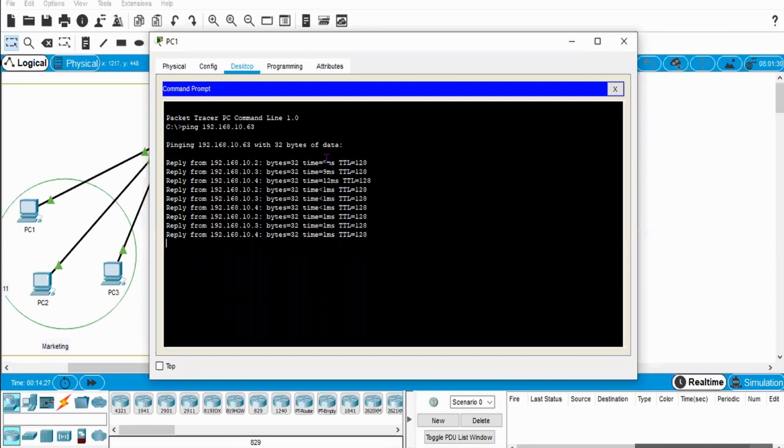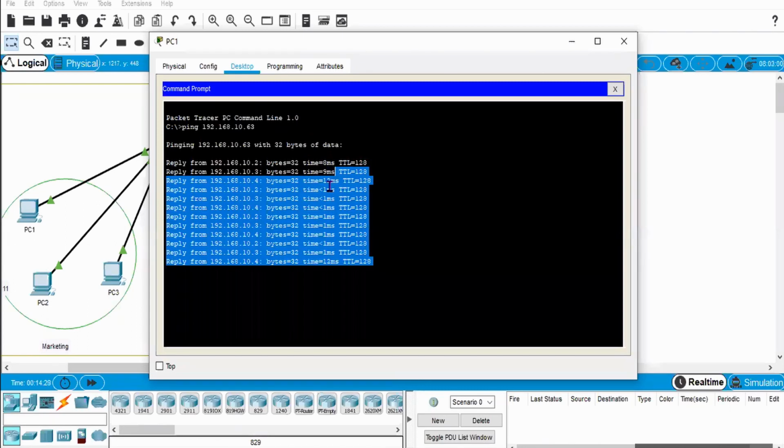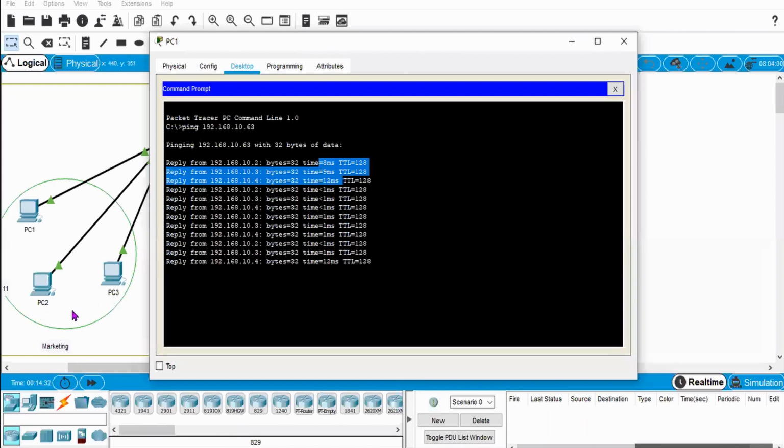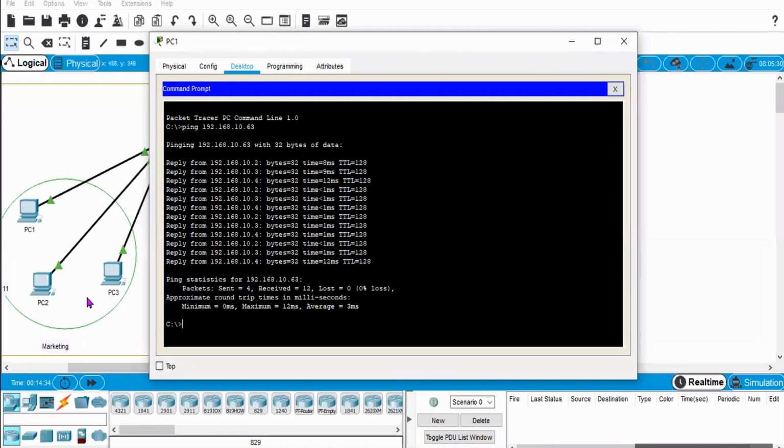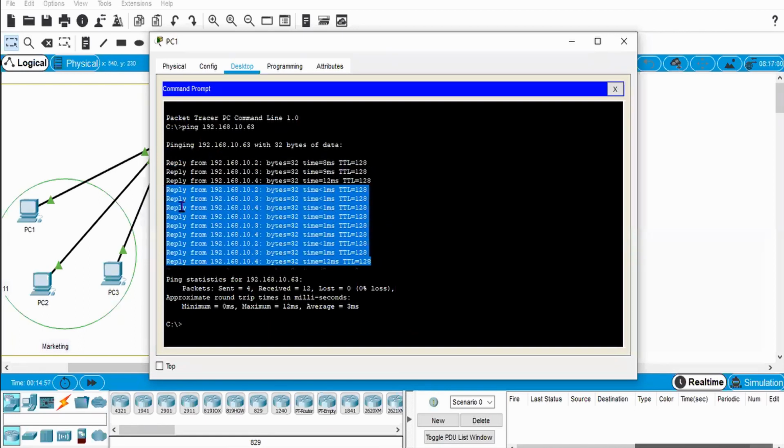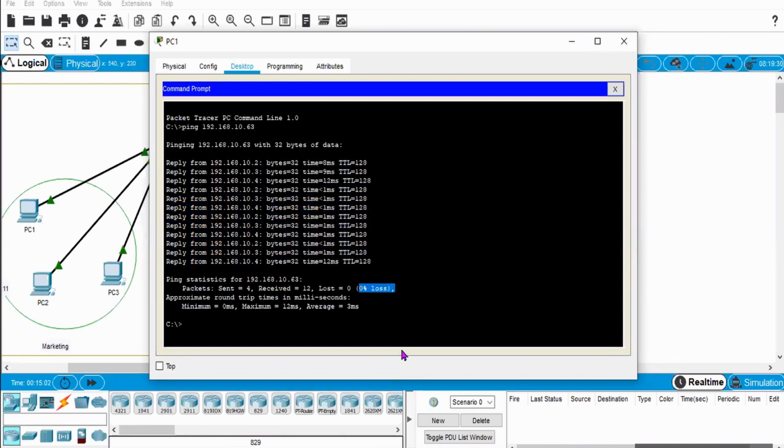At the starting it is 8 millisecond, 9 millisecond, and 12 millisecond, because those three PCs, PC number 2, PC number 3 in this building, and one more PC in another building, don't have the MAC address information. That's why in the starting they are sharing ARP with each other, and that's why the milliseconds are large, like the time taken for reply is large. Then the time taken for reply is very little, and there is 0% loss and 100% link reliability.